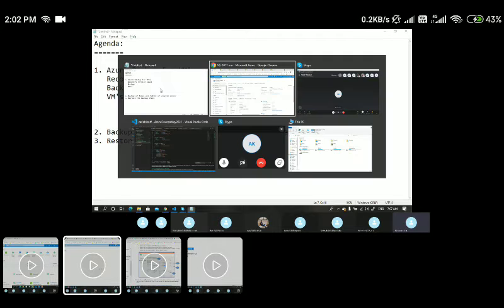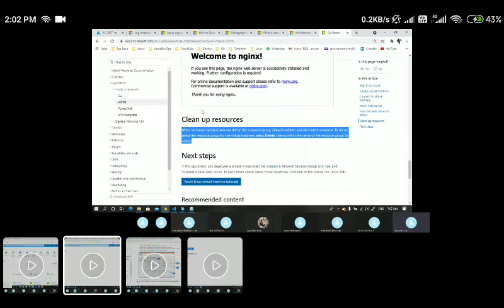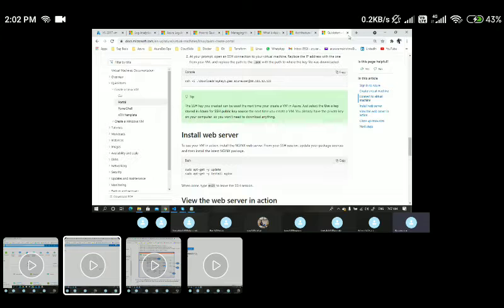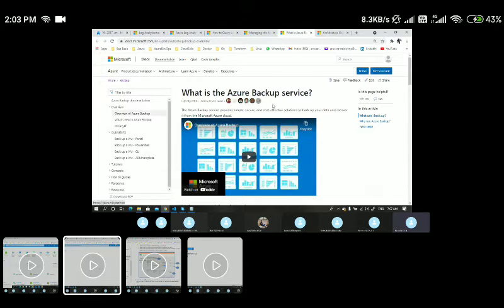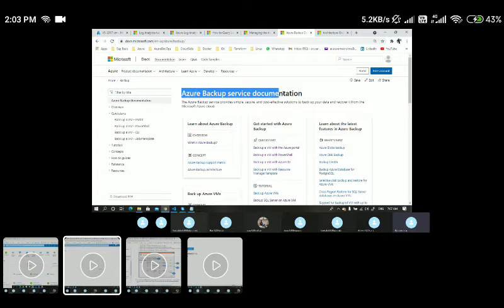Let's see that. Before that, let me navigate to the documentation here. Let me close this window. I will be sharing this documentation whenever I cover any specific topic, that is the Azure Backup service documentation. In here, you will be able to see everything: how to take a backup of any specific servers, or on-premises files and folders, by using PowerShell, CLI, or the Portal, and how to restore them. You can go through each and everything here.